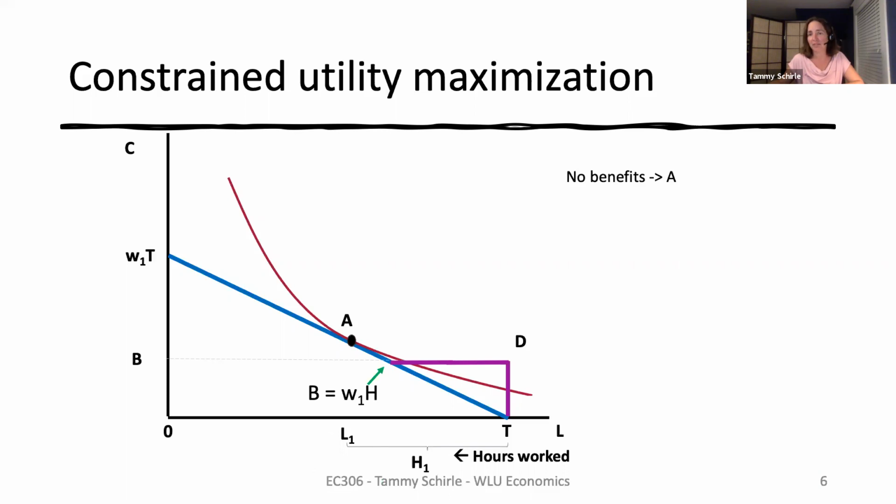They run out of benefits entirely when their earnings, WH, are equal to the maximum benefit B. We commonly think of this as a welfare wall. How many hours would you have to work